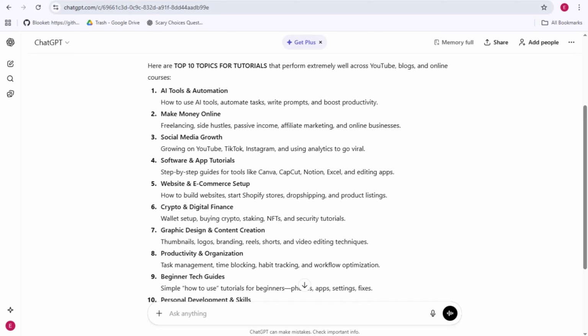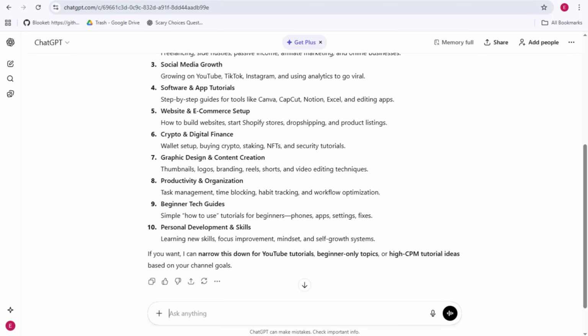Okay, so ChatGPT will give you these ideas, and all you have to do is to select what kind of topic you want to focus. So, for example, if it's about Canva, it's about Notion, CapCut, then you can just basically ask ChatGPT again for a script or for a step-by-step procedure on how to create that. So as you can see, you can copy this or you can create your own. Everything is up to you. Once done, then what you're going to do is press enter, and then ChatGPT will show you a sample script